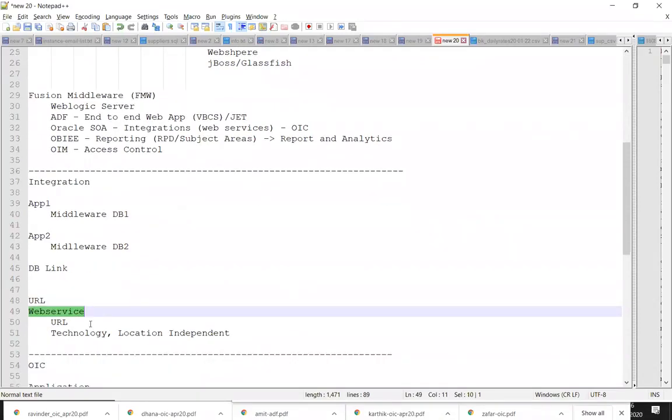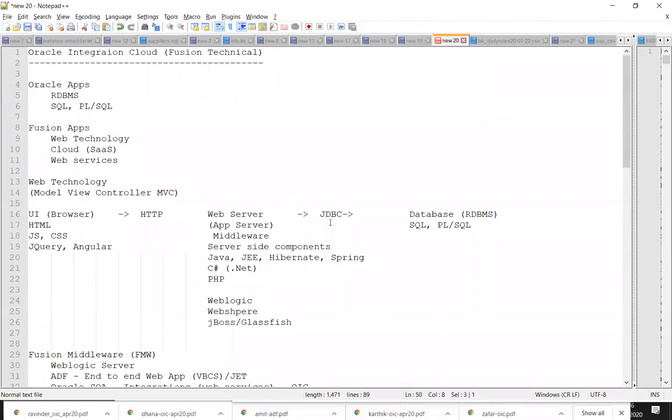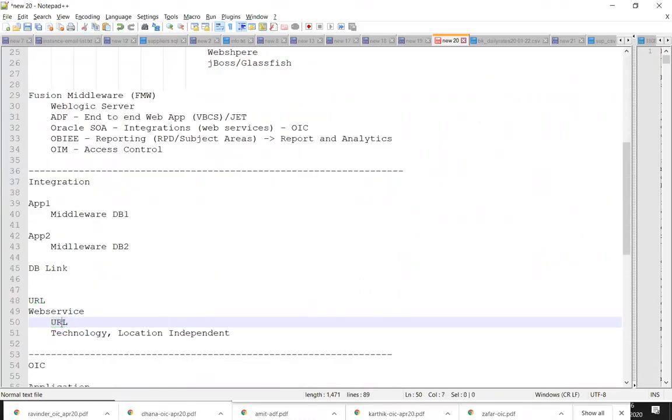And how is the web service going to solve that issue? The web service uses the same concept as a web application. The web service is going to expose the functionality as a URL. Once it becomes a URL, any client developed in any technology will be able to access it.